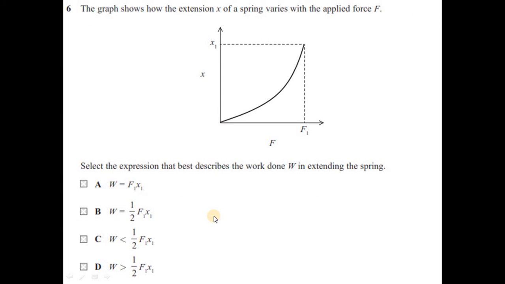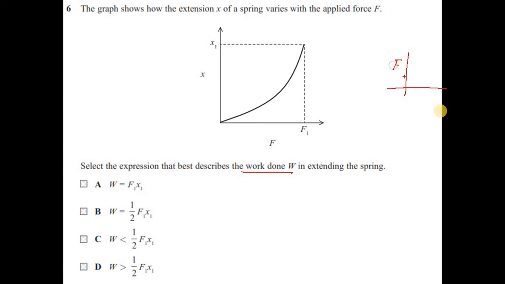Question number 6. The graph shows how the extension X of a spring varies with the applied force F. Select the expression that best describes the work done W in extending the spring. The general concept of force extension graph and the work done, if you have